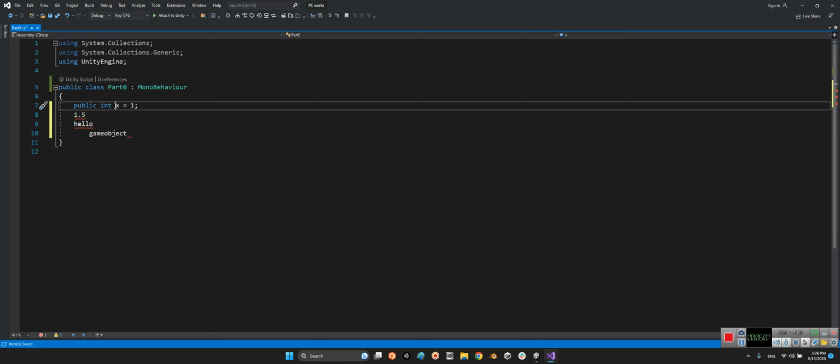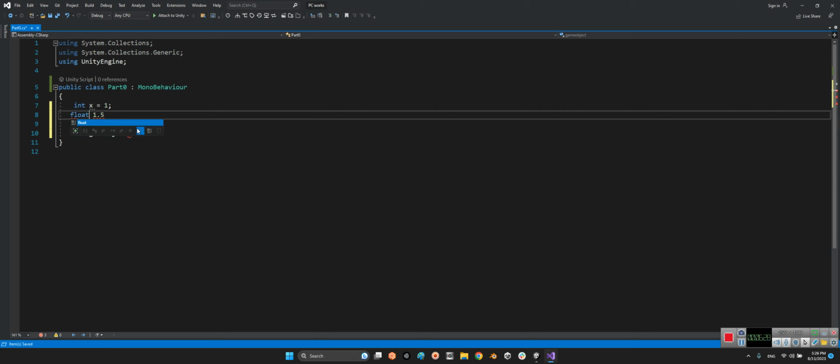Our x variable, as a kind of integer, is equal to 1. In the future, I will discuss what public is and its use case. Let's remove it for now. Okay, we will have float y equal